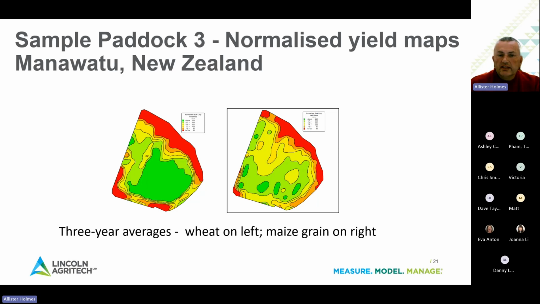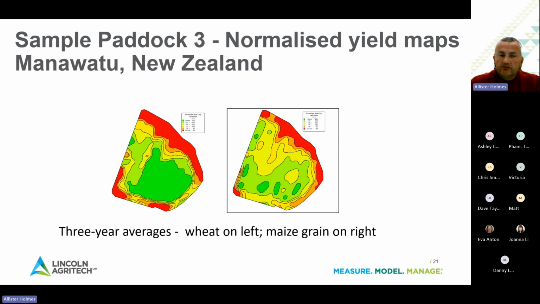And not surprisingly, you can see that there is a similar trend in that yield data between the two crops. The high performing areas are the same in both crops, and the low performing areas are the same in both crops. Now, the way we deal with the fact that we are comparing different crops is we normalize the yield